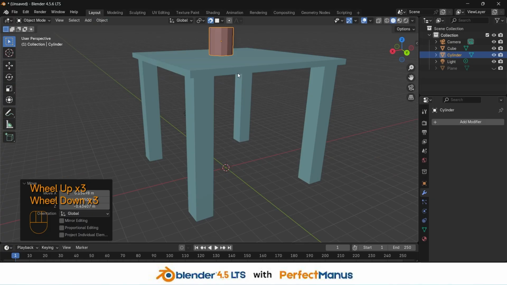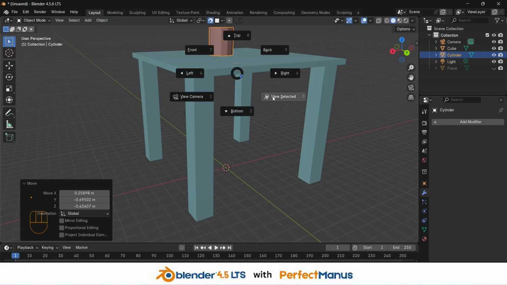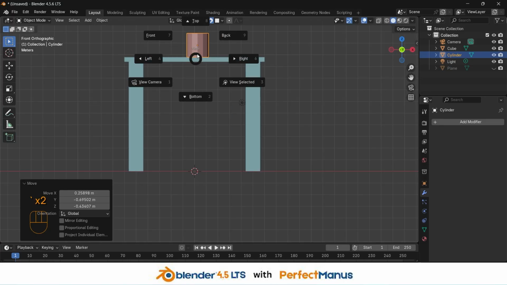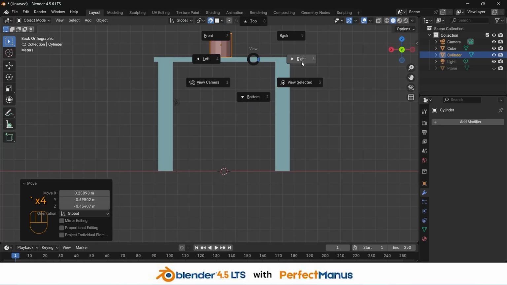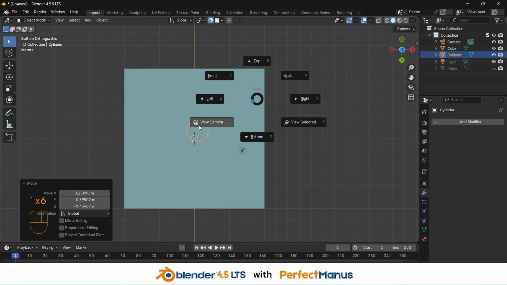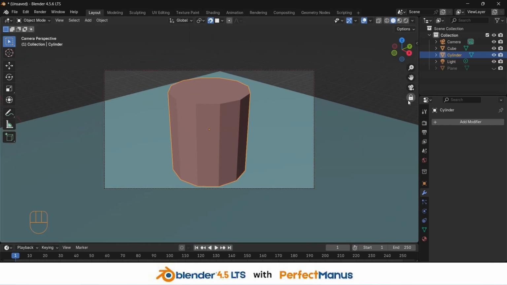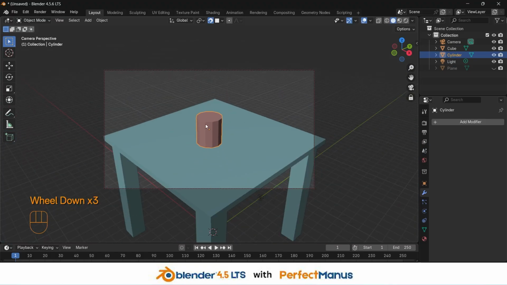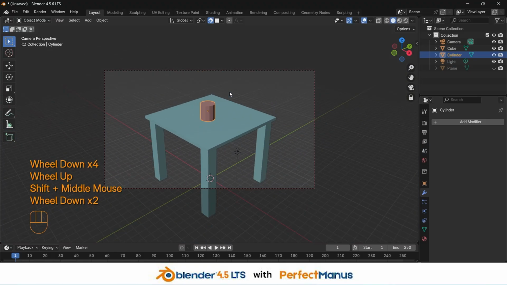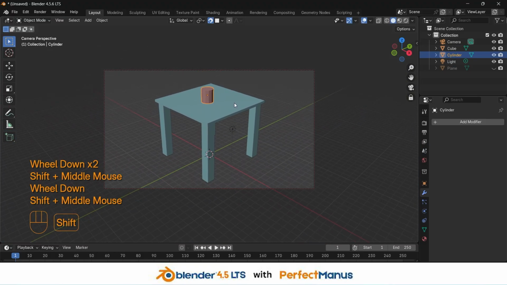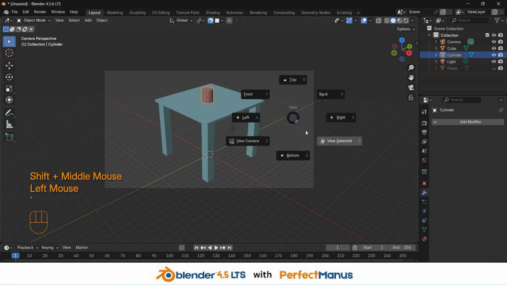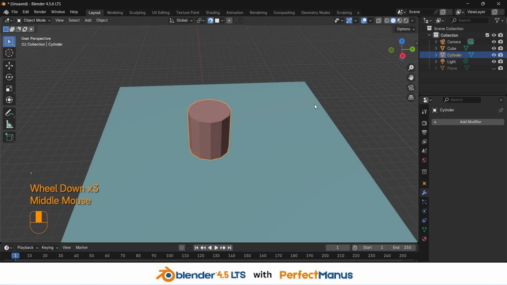By pressing the wave-like button before your 1 key or under your escape key, you'll see these options appear. From here you can change your viewport to left side, front, top view, back, right, bottom, or your camera view directly to your selected view. The camera has been locked, that's why it's not exiting, but if I turn it off from here and then select view selected, then it will come out